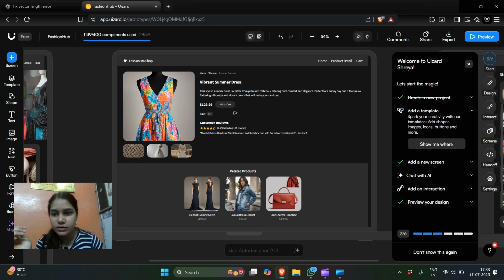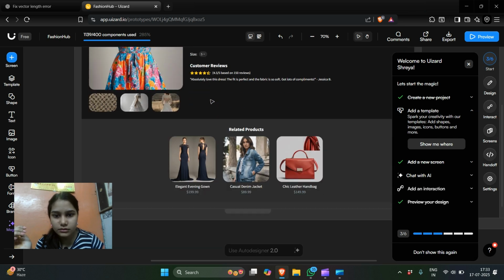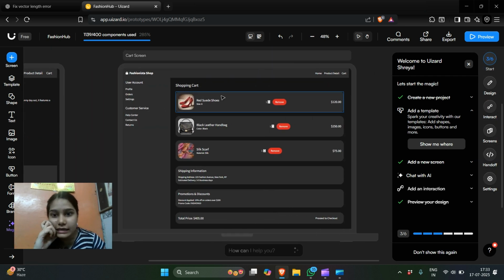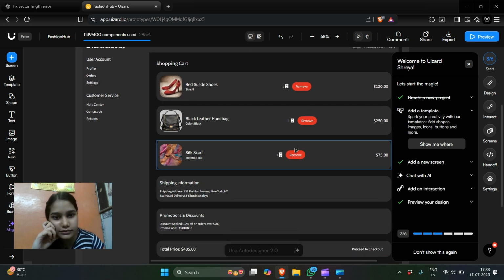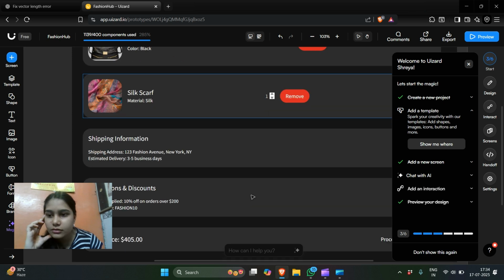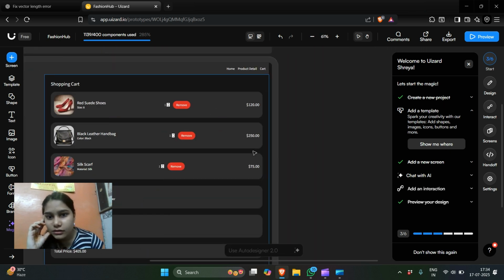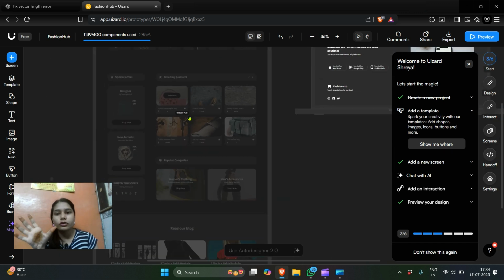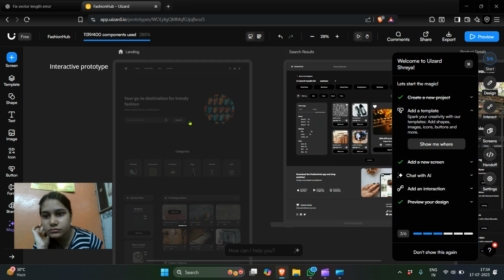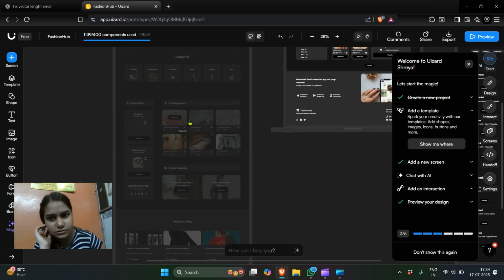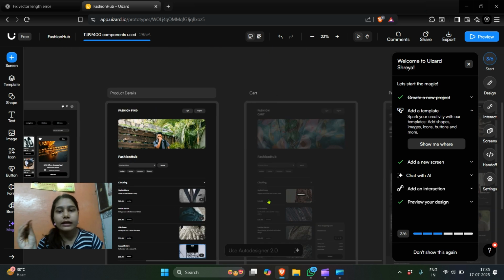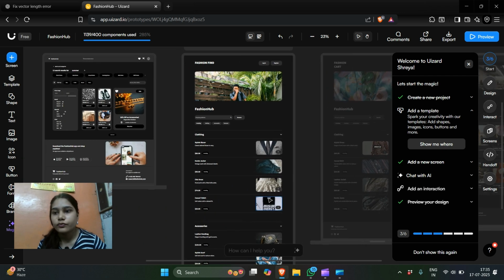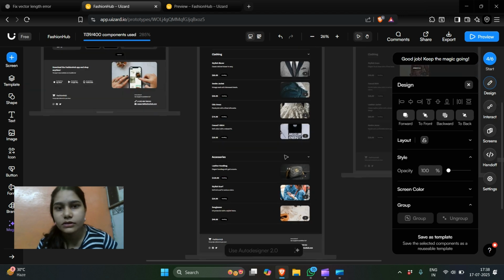Then this is the product detail page. Okay, this is nice. Not very impressive, but ठीक है for the AI. Okay, you can see the alignment here. It's so annoying, this left right. It's not aligned properly. Other is fine. Landing. Okay, for the landing page, you have to upgrade the plan. Okay, no problem. You can see the landing page. It's nice. If you're a developer and not into designing and you can't design, this is a very helpful application for you guys. So yeah, this is the first trial.